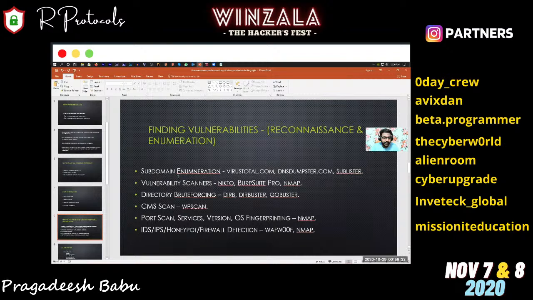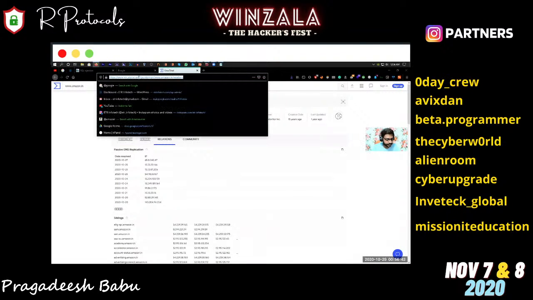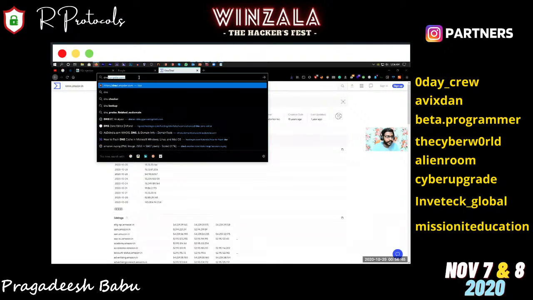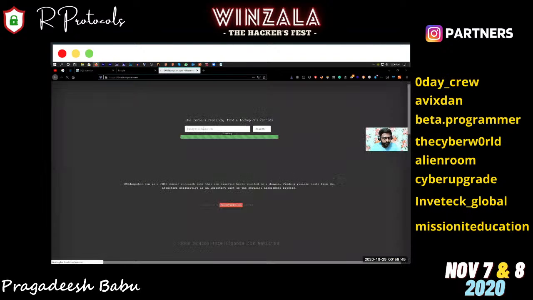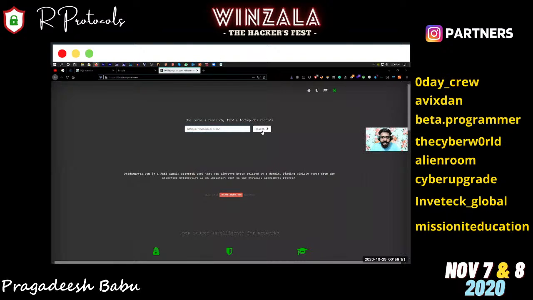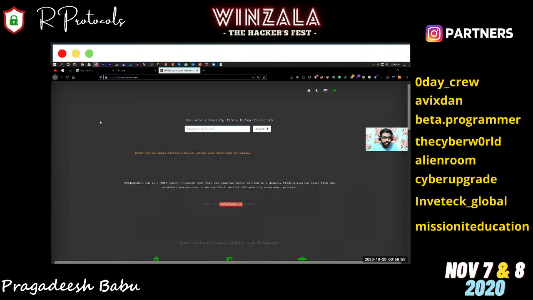We also have some similar tools like Sublister, anything else. And DNS Dumpster is also another website for scanning subdomains. DNS Dumpster. Is the site here? Error getting results.